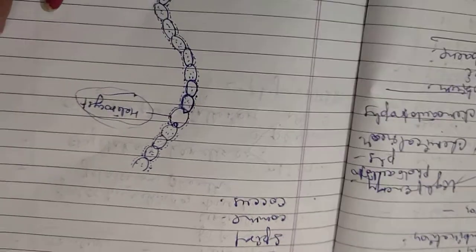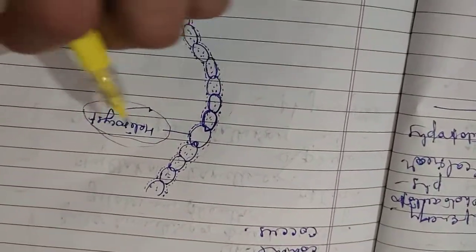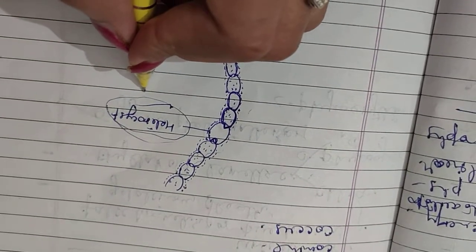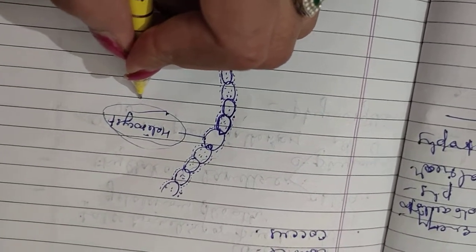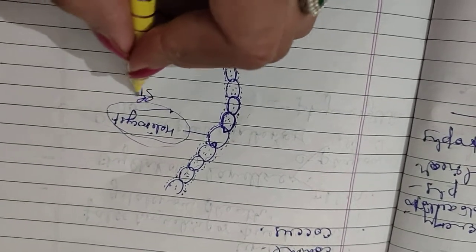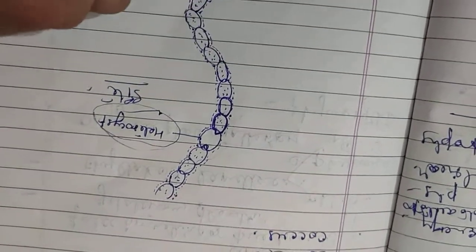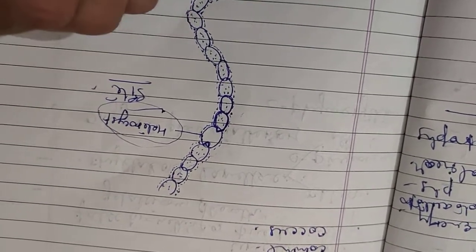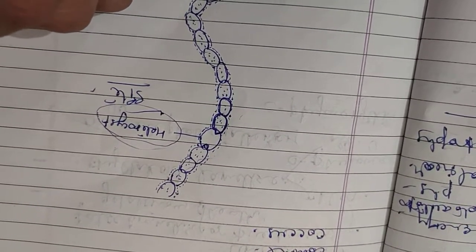So they have the capacity to fix atmospheric nitrogen, and heterocysts are the site of fixing nitrogen. Nitrogen fixation is an anaerobic process because the